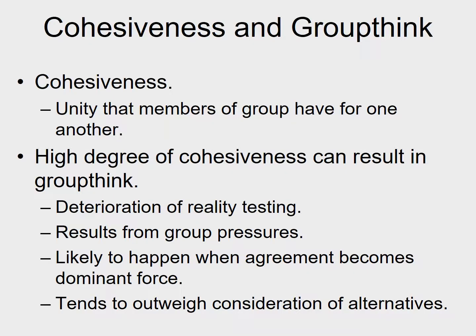I want to talk a little bit about the idea of, as we build up groups, as groups have worked together more, when we're successful at team building, one of the things we're trying to build is cohesiveness, the unity that members of the groups have for one another and for the team. We're trying to actually build that kind of social aspect that people are proud of the team that they're on. They care about the other people on the team. They feel invested. They feel a cohesiveness, that this is a part of who they are. I'm a member of Work Group 7, for example.